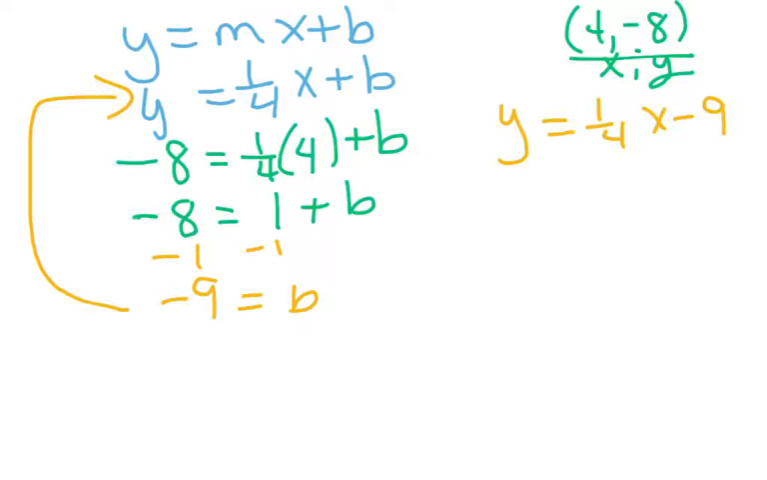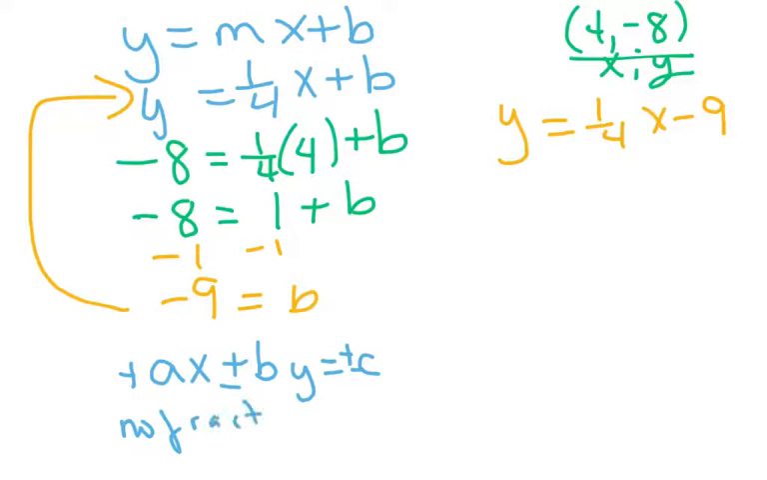Now they want this in standard form, and that's kind of the hard part. So we know standard form looks like ax plus by, it can be plus or minus by, equals c. Standard form means your lead coefficient should be positive, no fractions, and so basically I'm going to move the